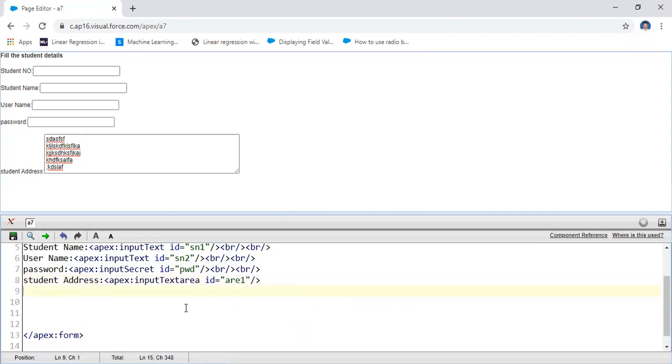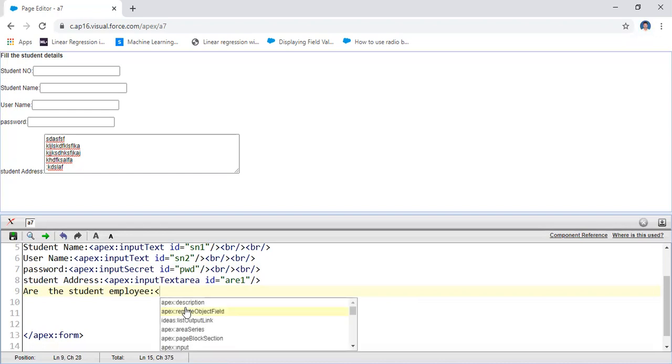After that, if you want to represent the check boxes, in the sense of whether the student is an employee, let us assume this person is an employee. For doing that, you will take check boxes, not text boxes.